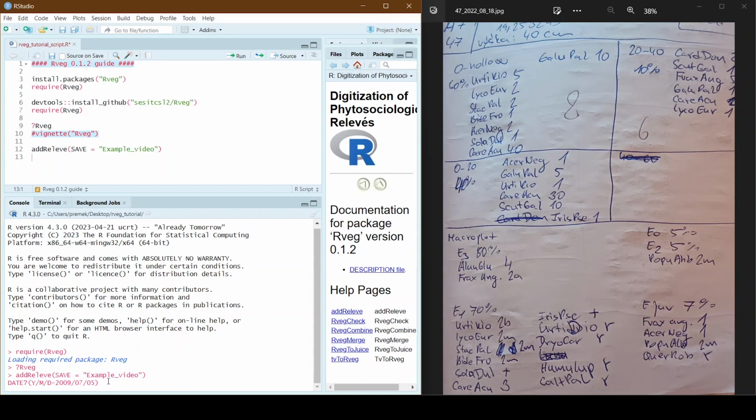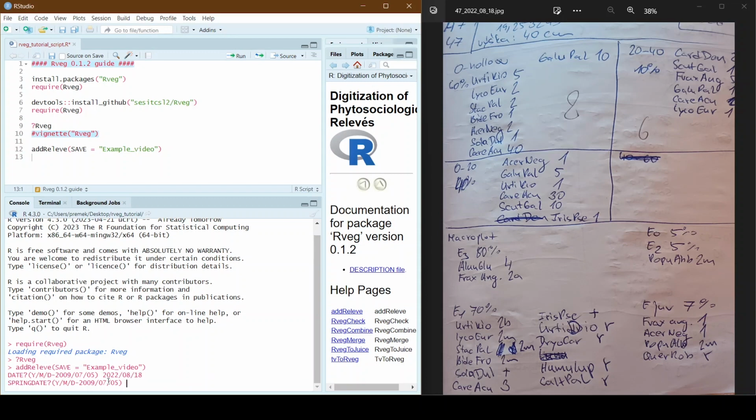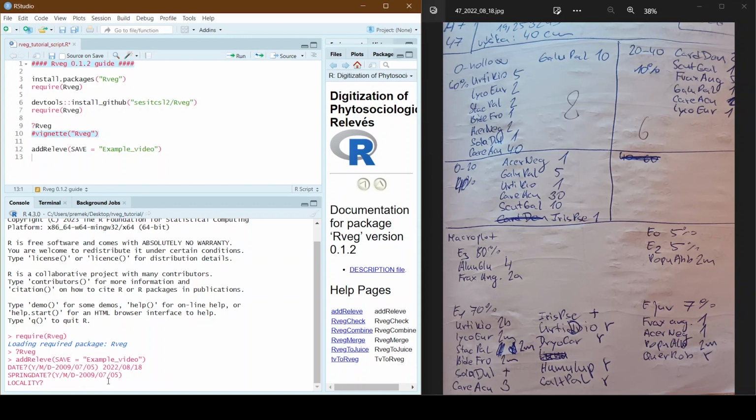In the case of my relevé, it was taken on the 18th of August, so I will fill it in here. Now there is a spring date, for if we had two samplings, one done in spring. If not, you can leave the field blank, so I will do that.